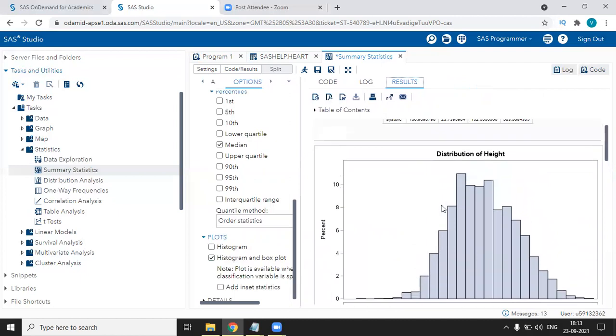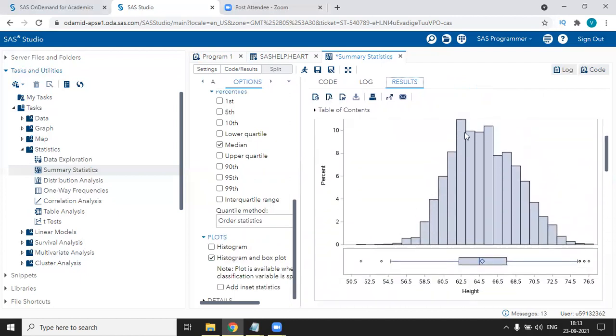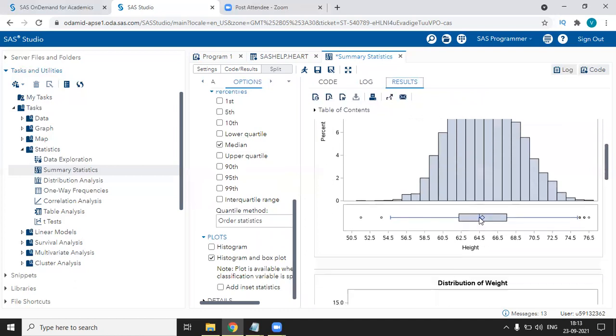Now you can see for the height variable, the histogram is as it is in all the cases we have seen earlier. The only change is that we have got a box plot at the bottom of this histogram. Now you can see this blue line represents the median value 64.5, and here you can see some outliers from both ends.